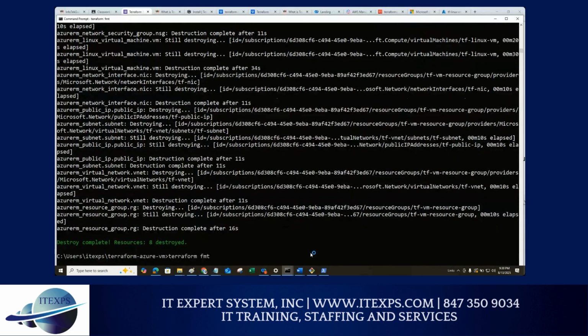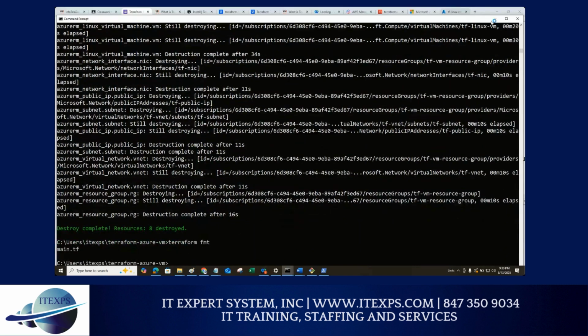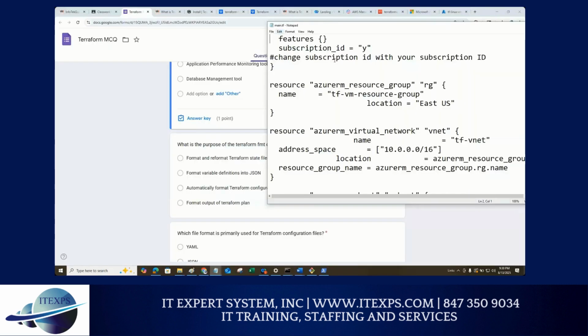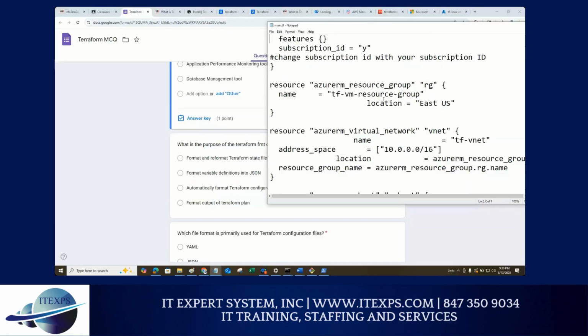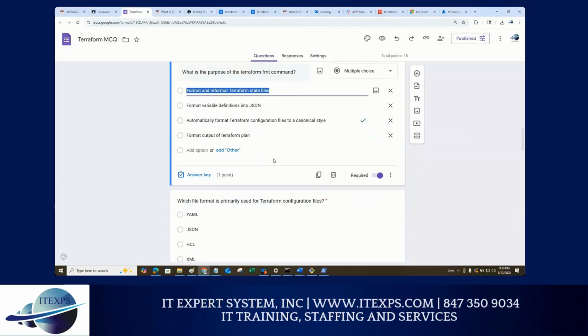So it did format. I think it did not update, but it did update. If I go to file, open, and the location, it should have formatted this thing. This is like a cache, but it does format. Okay, next one,